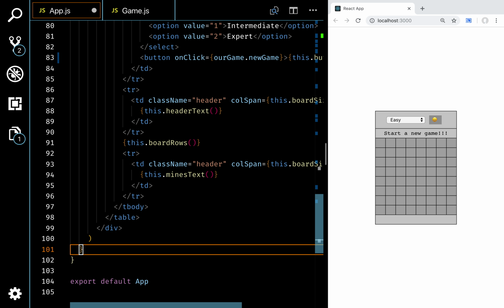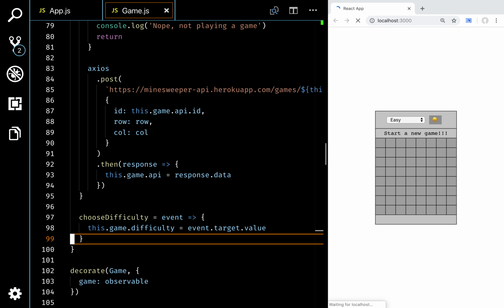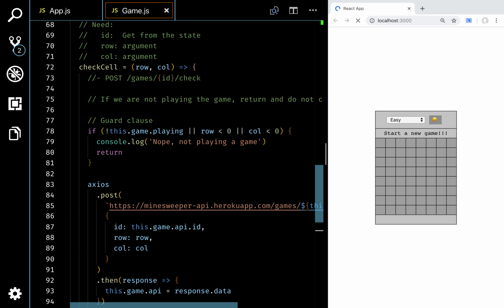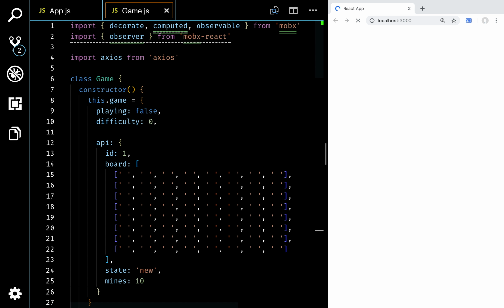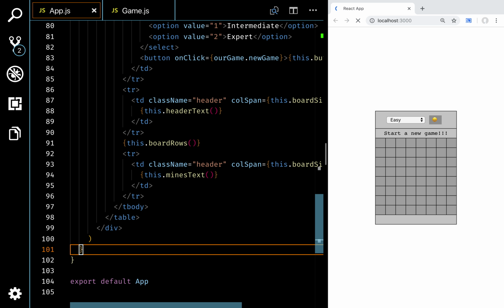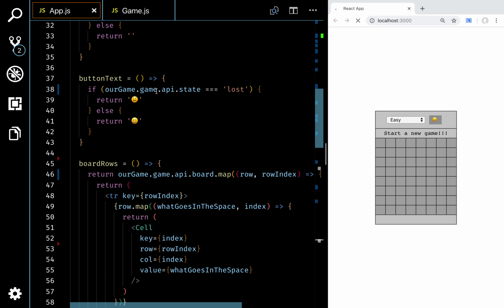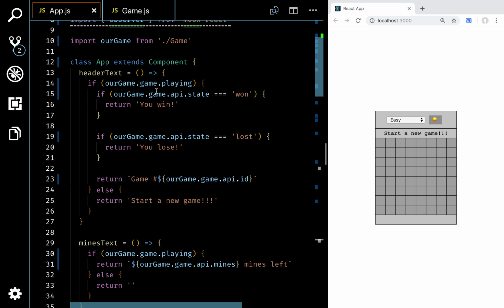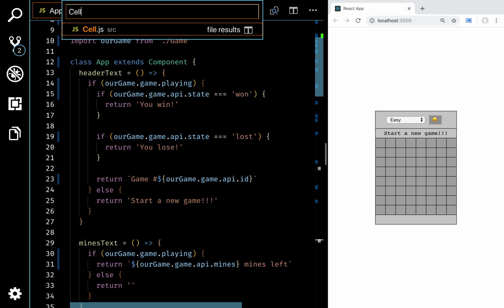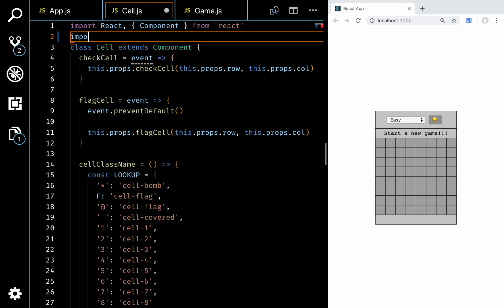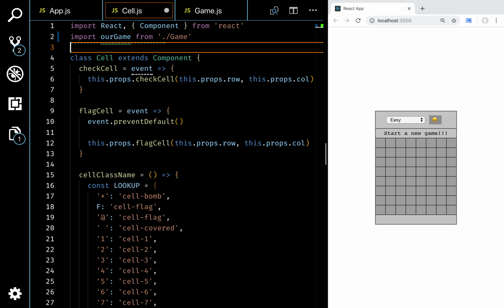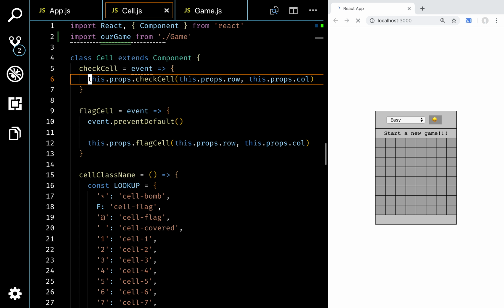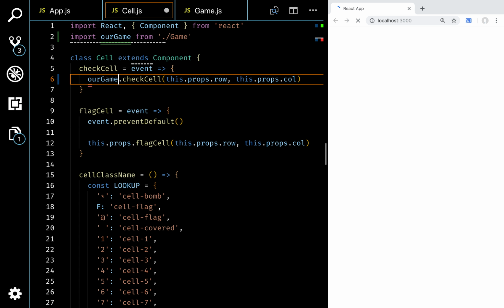And there's everything. So we refactored everything into one game, and you'll notice now all of these functions are in here, not in our app. So our app now is only responsible for dealing with its own thing. All the game information is in our game class. The last thing we need to do is import our game from game here, and then call our game check cell